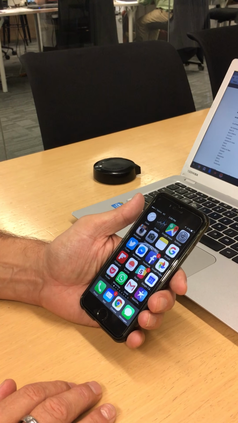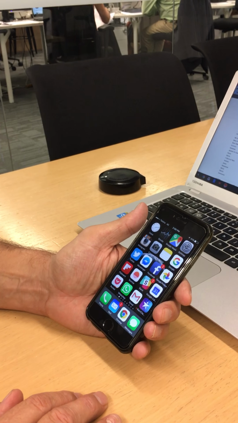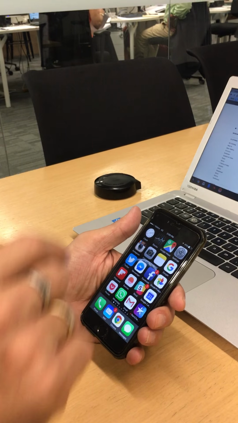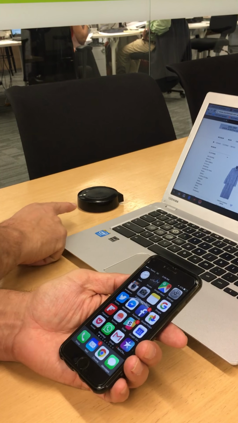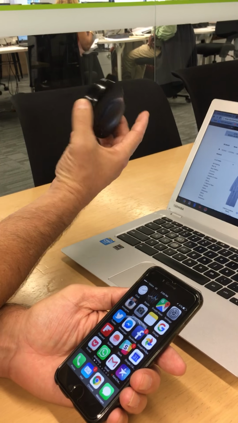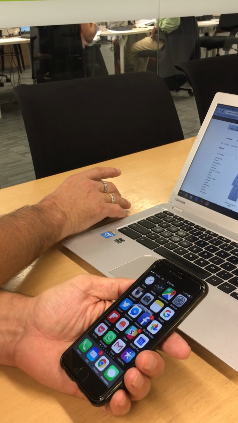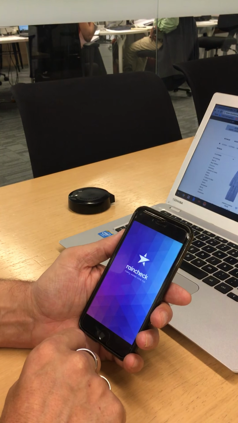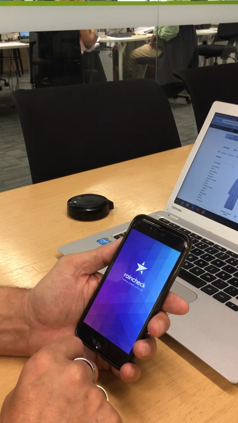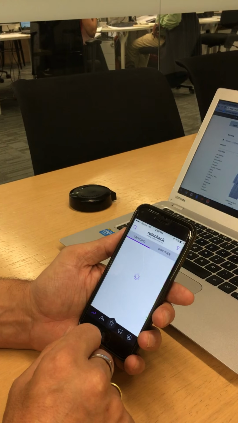Okay, this is a demonstration of RainCheck working with the web, the extension, and obviously on an iPhone 6. And I also have a beacon over here which we use, which is a battery operated beacon, BLE version 4. If I fire the RainCheck app up from its icon here, it goes through the splash screen and it arrives